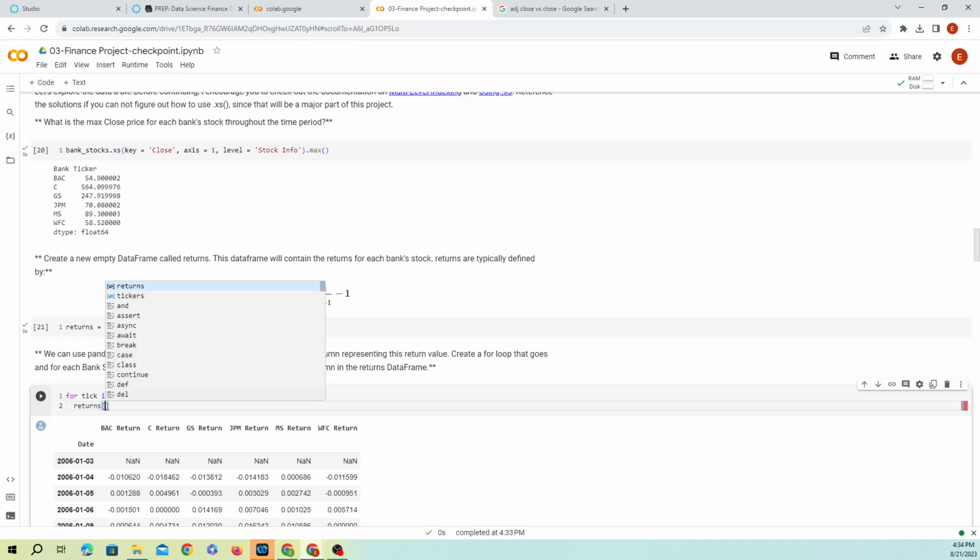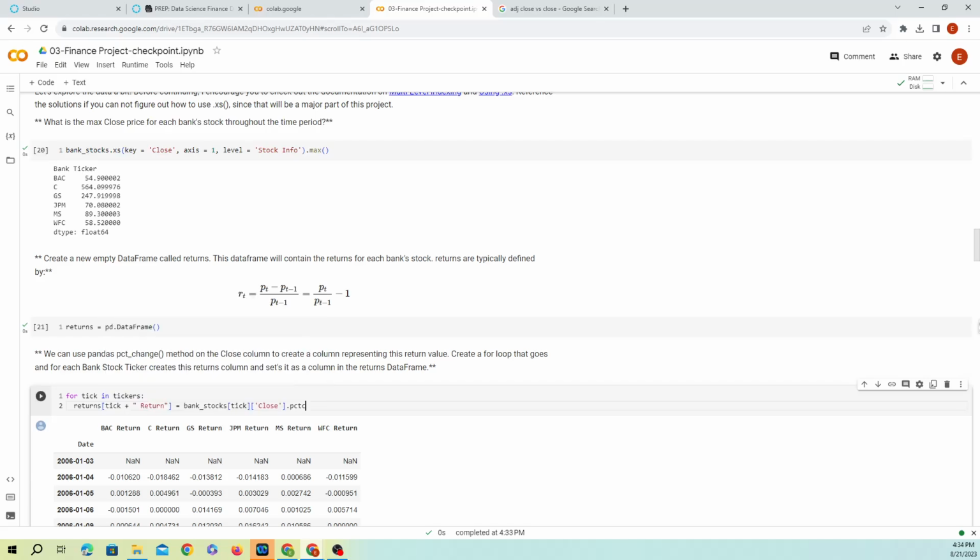We're going to assign the value of the bank stocks. We're going to look at the tick, which is the name of the bank, and we're going to look at the Close value of that bank. And we're going to calculate the return, which is this formula, Pt minus 1 divided by Pt minus 1. So we can just use the function pct_change.